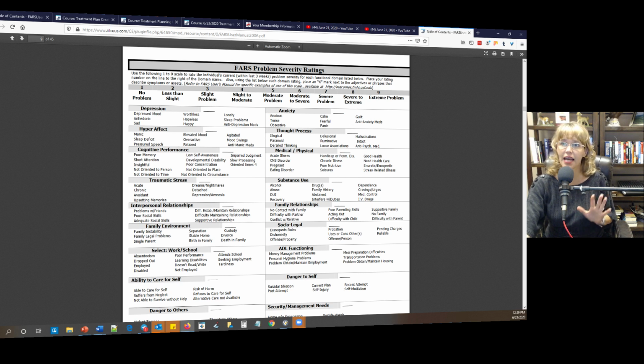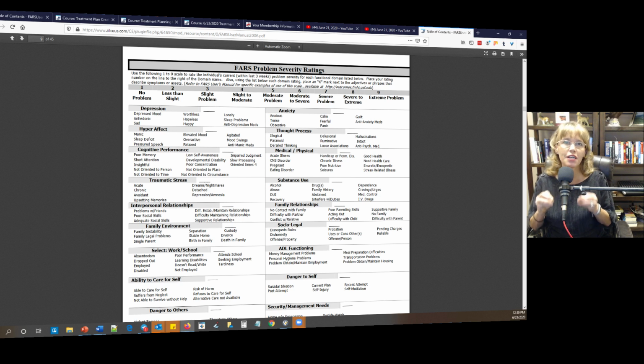So that's the FARS. When I do reassessments, I have them do this again for themselves, and we talk about, for each one, the progress they've made. A lot of times they will see progress. For example, in depression, they may notice they haven't been depressed as much. Maybe they rated it a 7 when they first came in because their depression was really bad, and when you do the reassessment a month later, maybe we've moved down to a 5 or a 6. They're sleeping better, they feel less hopeless, and maybe less worthless. Doesn't mean it's gone completely, but